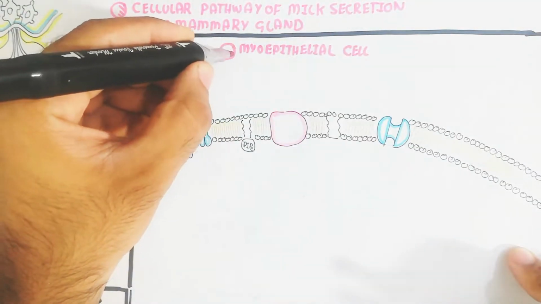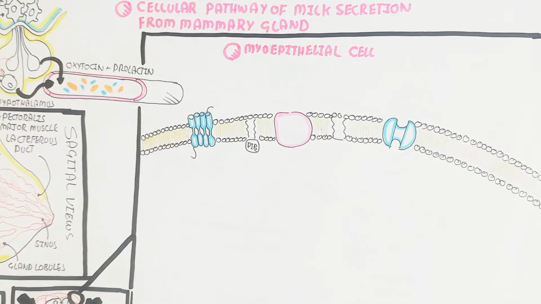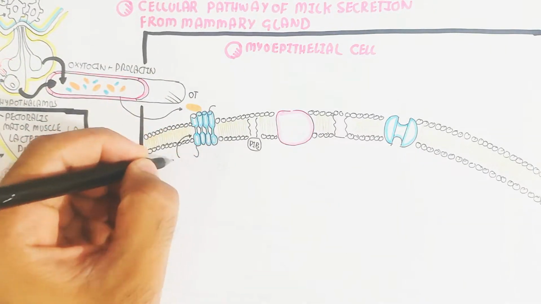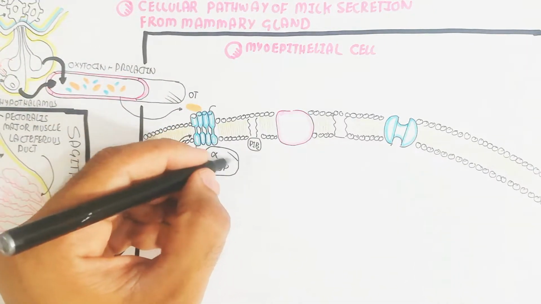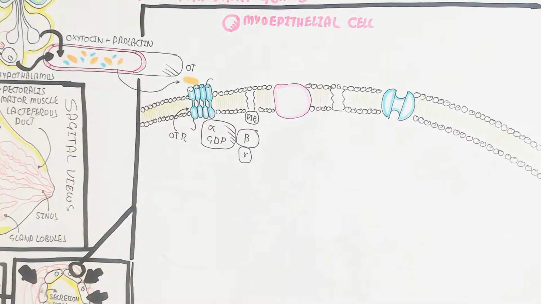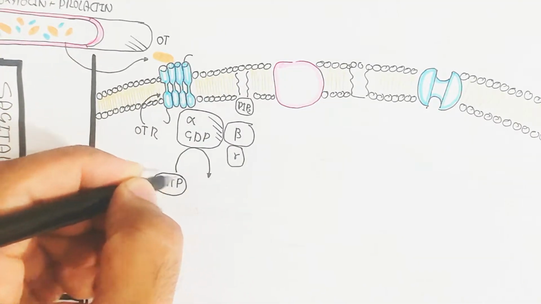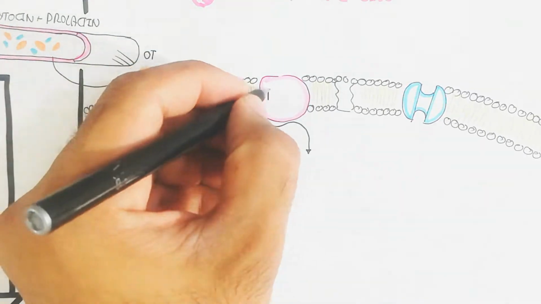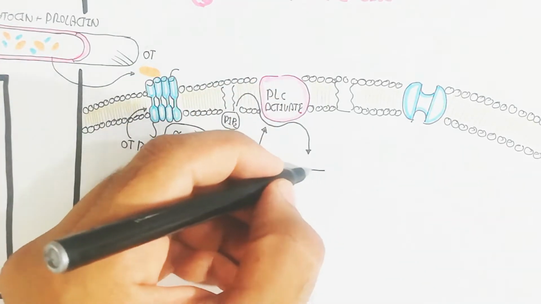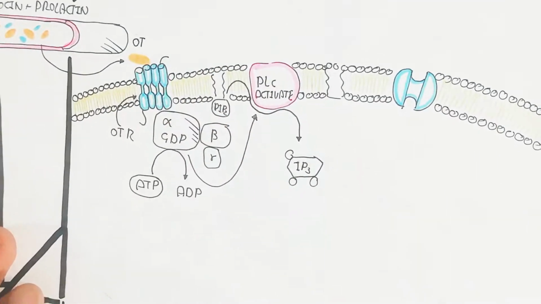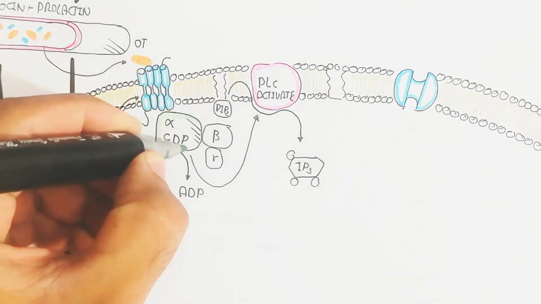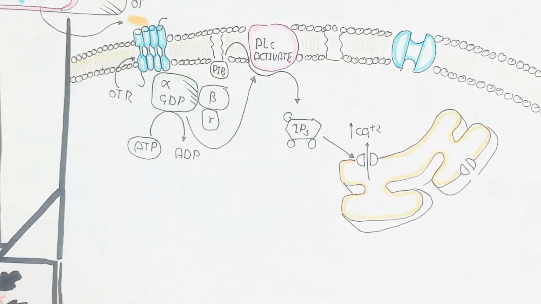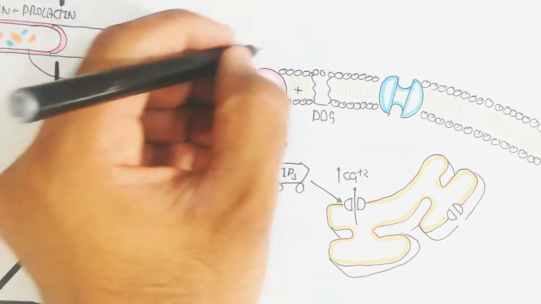This is the smooth muscle containing myoepithelial cell, and the oxytocin receptor will bind with oxytocin, and the alpha GDP containing trimeric protein will be separated by activation through ATP to convert to GTP, alpha GTP, and that will trigger the PIP2 to be converted through phospholipase C activation through the alpha GTP